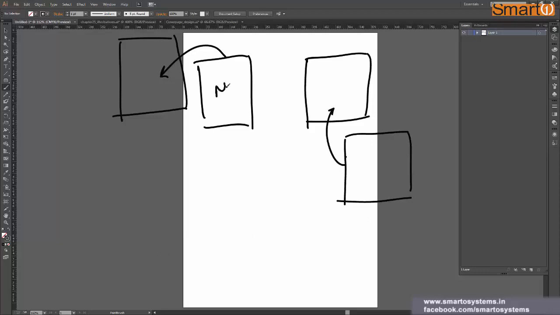So let me say this is main and this is new. I think that makes it more clear how these two options work. It will be much more helpful if you go and practice it by yourself. Unless you practice it yourself, it will not be clear, so I suggest you practice it to understand it better.